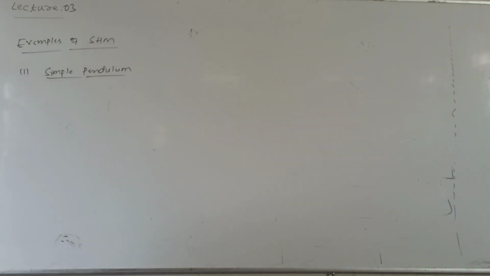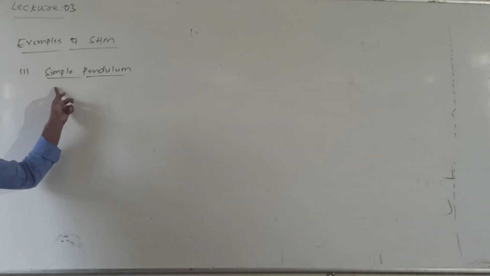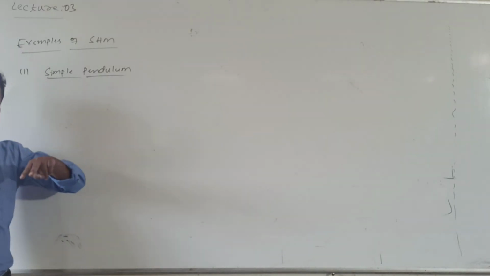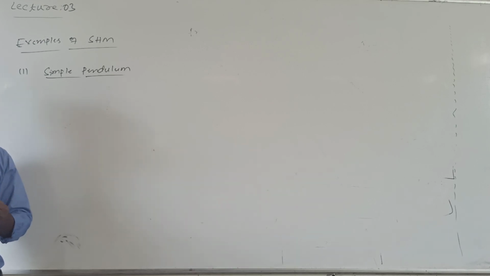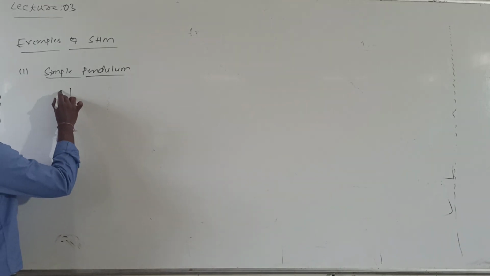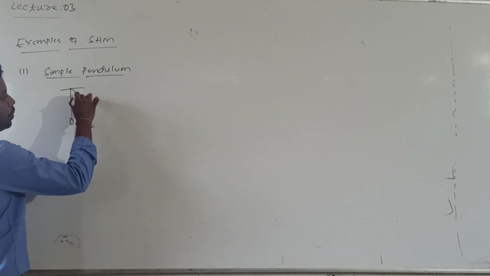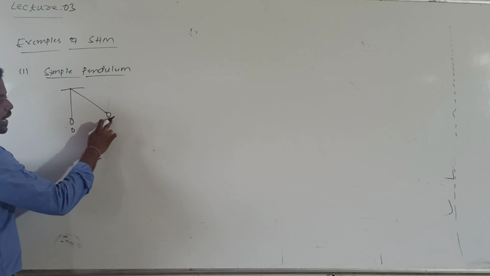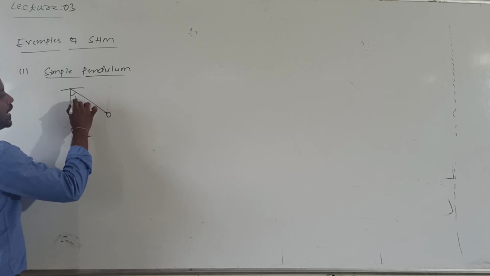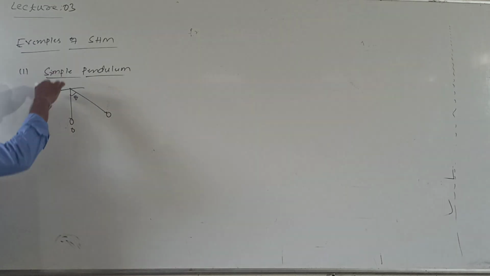You can derive the expression for time period by using two analyses. You can consider the motion of a simple pendulum as linear SHM and also as angular SHM. I will consider it as angular SHM. Initially the bob is at the mean position. I pull the bob to one side, displacing it from the mean to the extreme position, so my string makes an angle theta with the vertical.